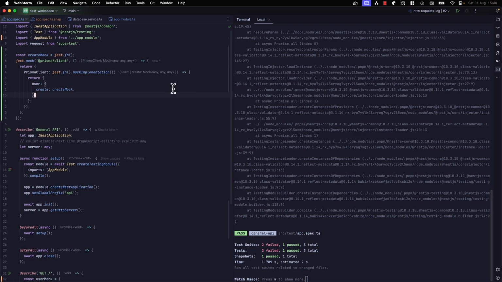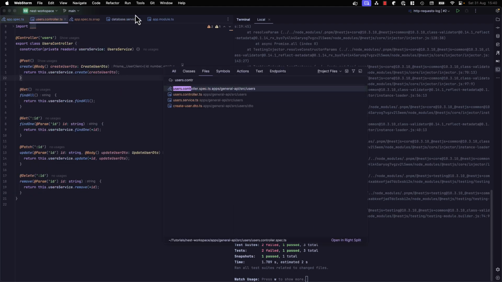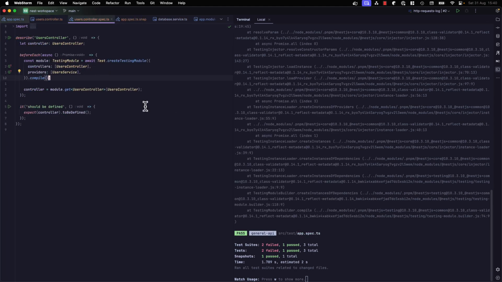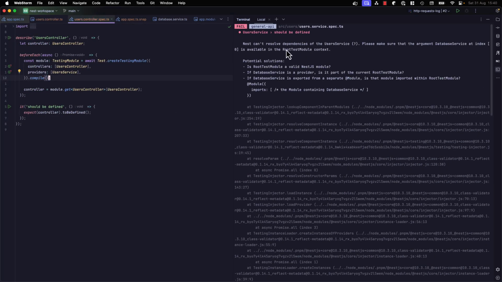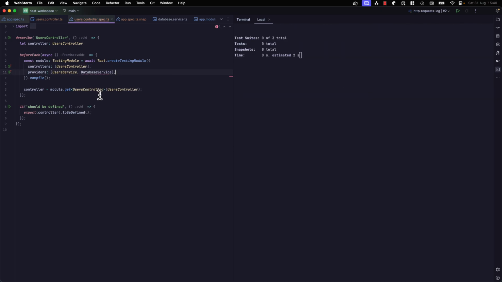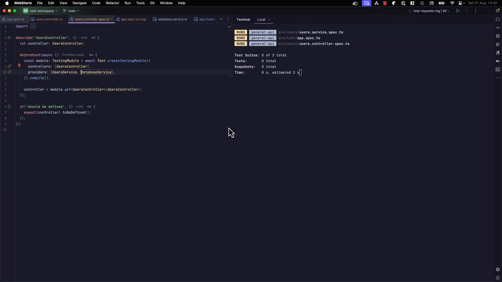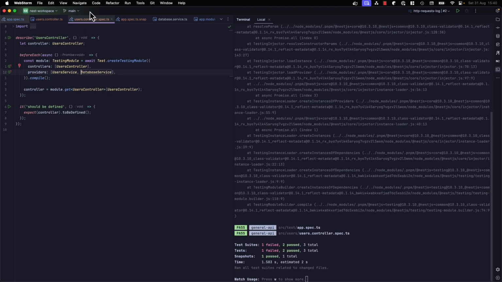So let's move on to the controller. Why not? Users.controller.spec. There we go. Okay, so the tests are failing, and that's likely because I'm missing something. So I don't have the database service. So I can put that in here, but that's failing for here. So I can do that here. Database service. Oops. Let's import that. Try that again. Okay, and do the same thing for